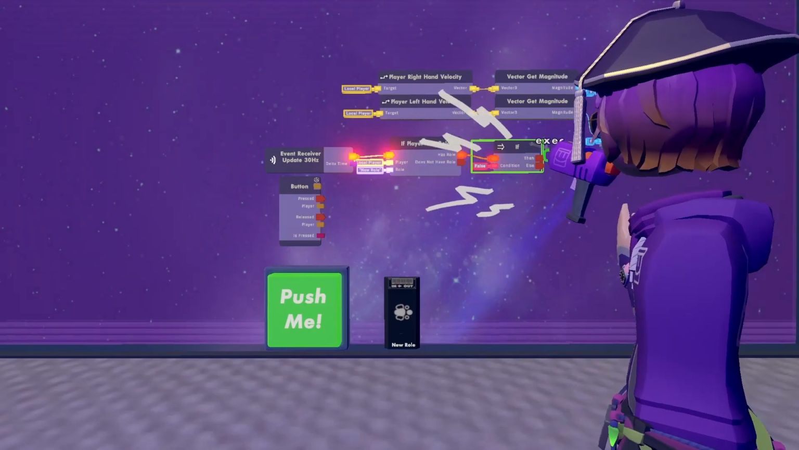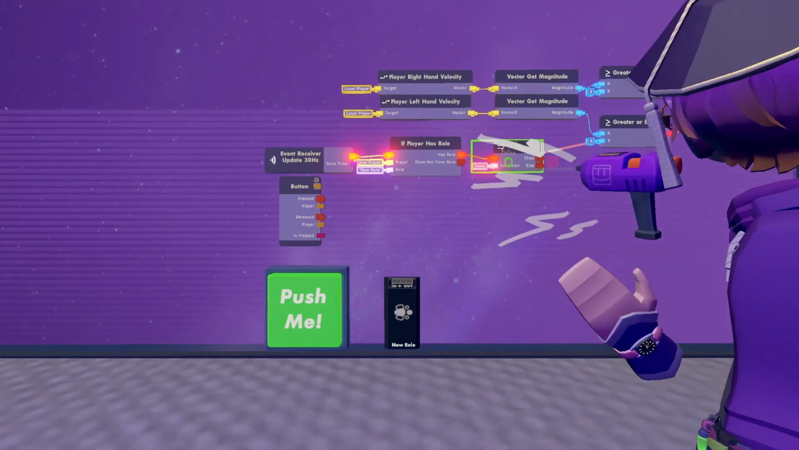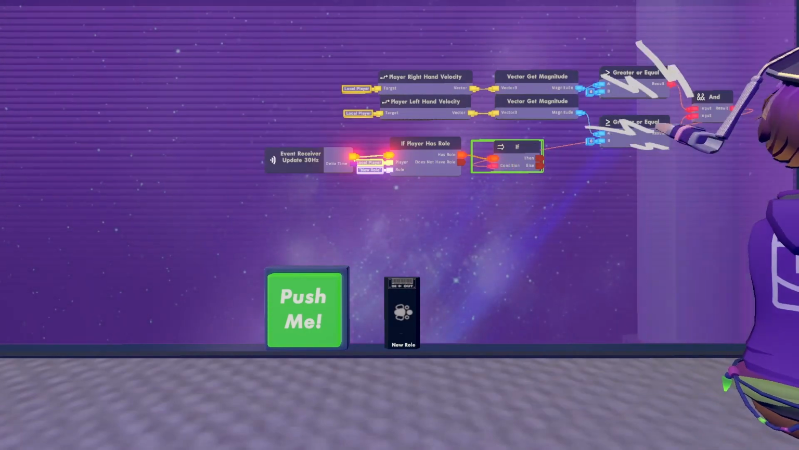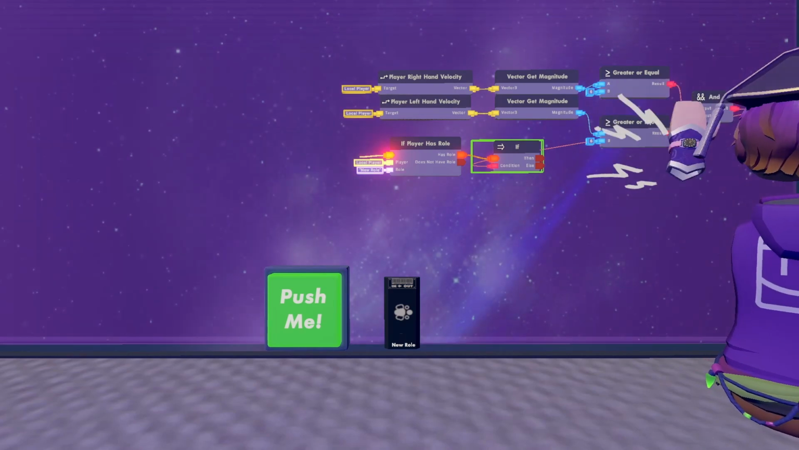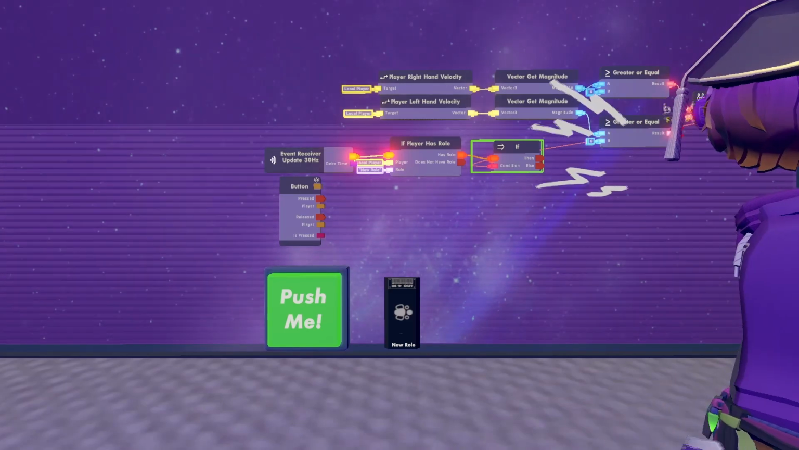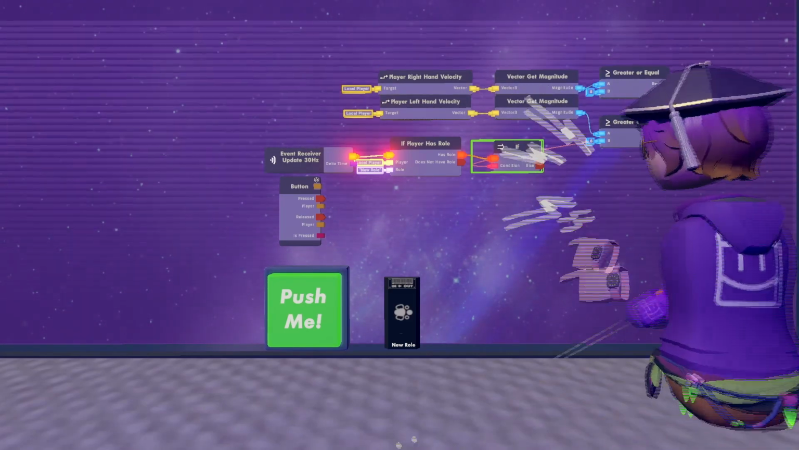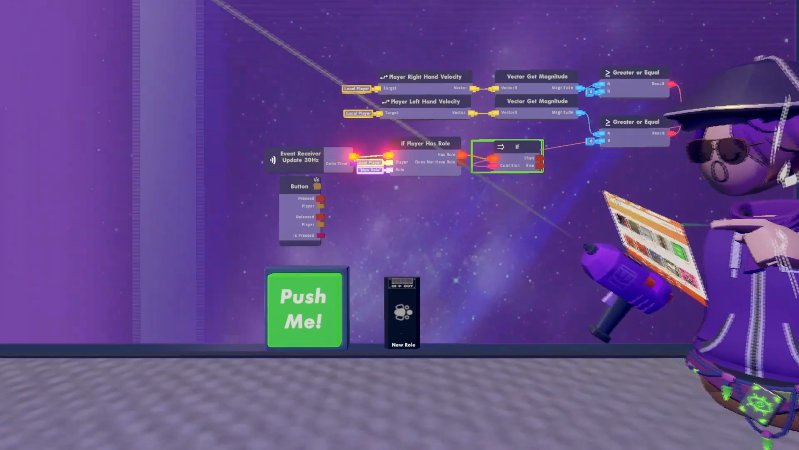So this is just checking if something is greater than another. We're making sure that both of these are equal, which will result in here. If both of these are true, then it will display true and execute here. And then what we're gonna get next is